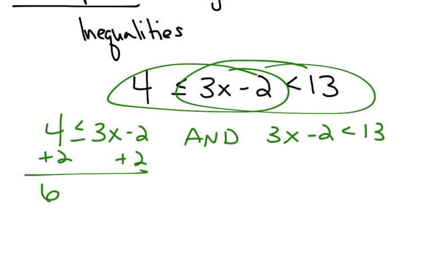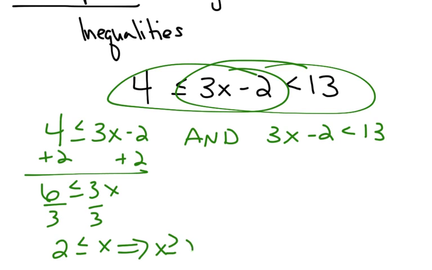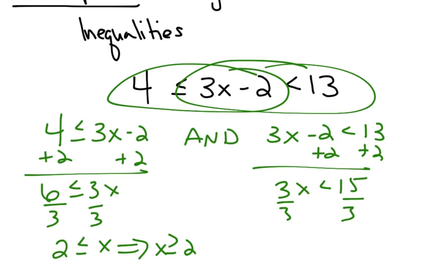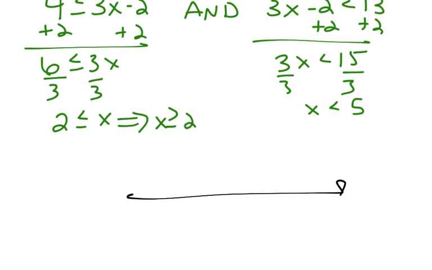So I would add 2, divide by 3. I would get 2 is less than or equal to x, which is x is greater than or equal to 2. And then in the second inequality, I would add 2, divide by 3, and I would get x is less than 5. So that when I went and graphed this,